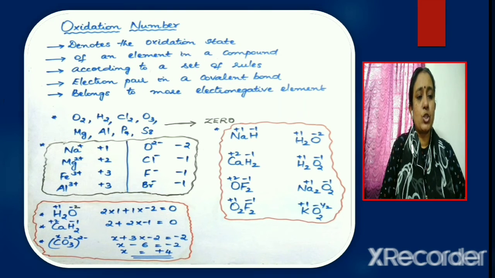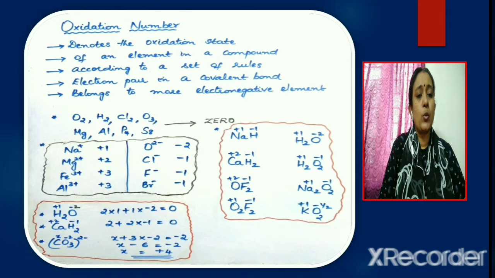Consider water, H2O. Here oxygen is assigned an oxidation number equal to -2 and the oxidation number of hydrogen is +1. It is because the sum of the positive and the negative oxidation states in a compound will be equal to 0. Now consider hydrogen peroxide, H2O2. In peroxides, oxygen exhibits an oxidation number equal to -1 and hydrogen here will be +1. So when we take the sum of the positive and the negative oxidation states, +2 -2 is equal to 0.